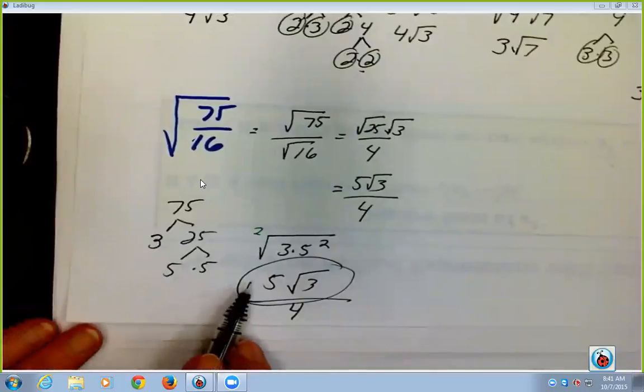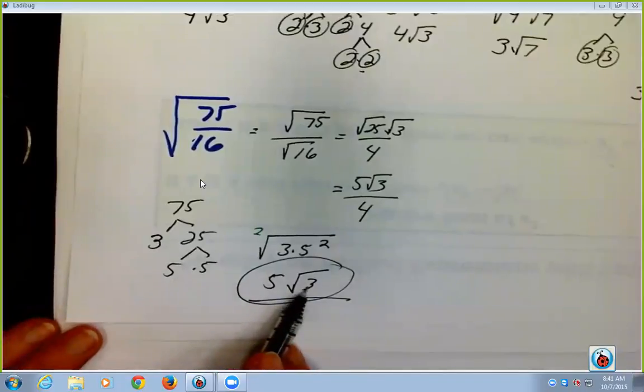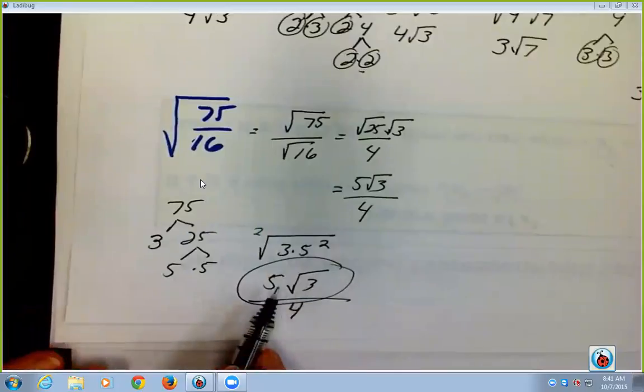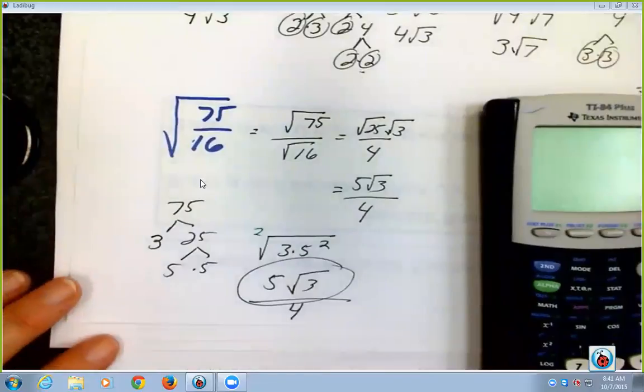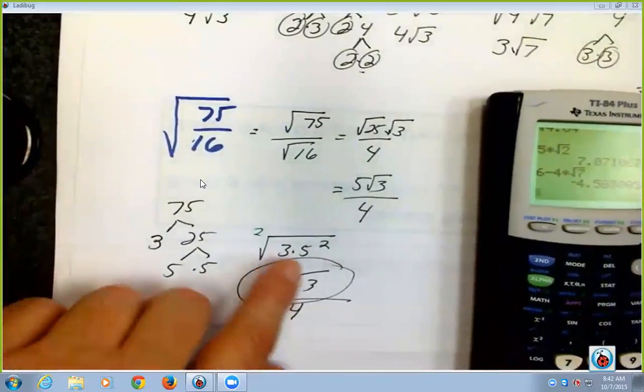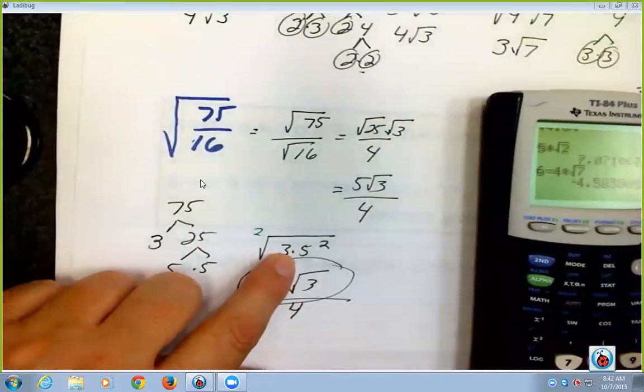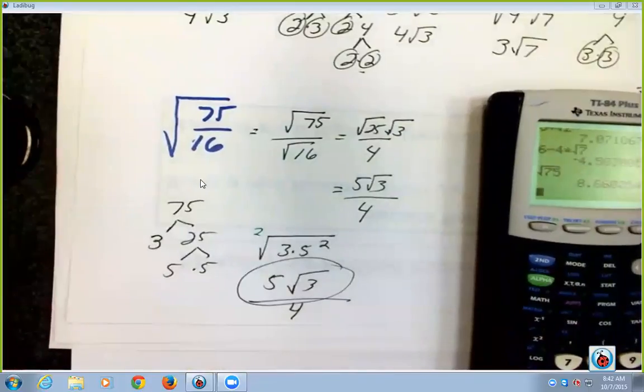Nope, because you got to put the 5 back underneath. So if I was going to put it back underneath, I'd have to square it to get 75. Okay? But if I grab my calculator, and on my calculator I put the square root of 75,